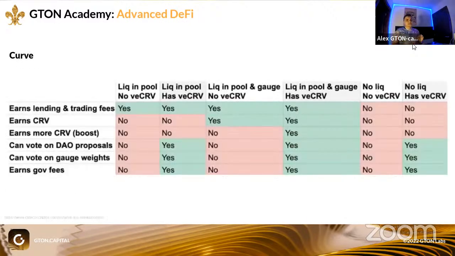So yeah, the simple chart, I will not go deep into that. It looks complicated, but it's actually pretty easy. If you are just providing liquidity, you are earning tokens. If you are providing liquidity, but your tokens are locked, you are not selling, you are locking again, you are boosting your rewards, and also you have governance power. This is how most of the ideas work around how to boost the efficiency of the capital you are using as liquidity. Next slide, please.